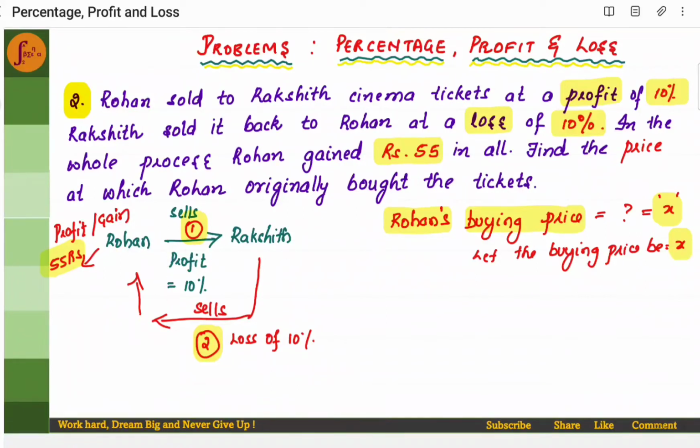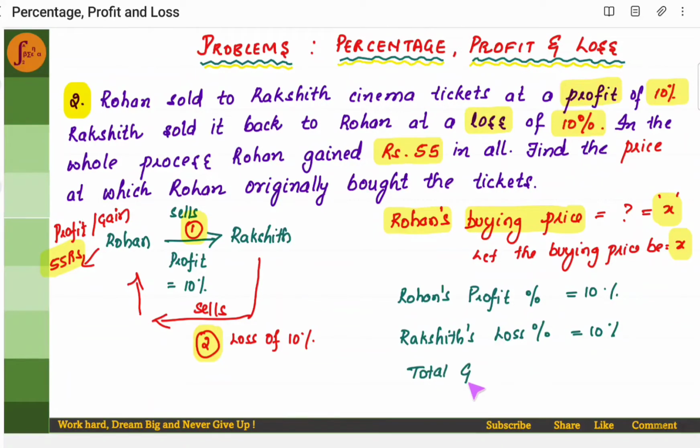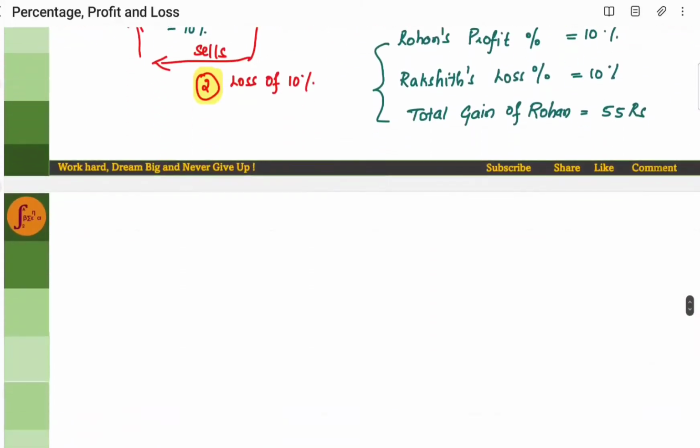Now, let's start with the first transaction. Let's write down what we have. Rohan's profit percent is 10%. Rakshith's loss percent is also 10%. Total gain of Rohan is 55 rupees. Now let's come to the first transaction. Rohan sells to Rakshith